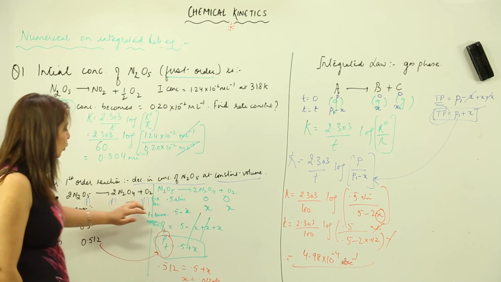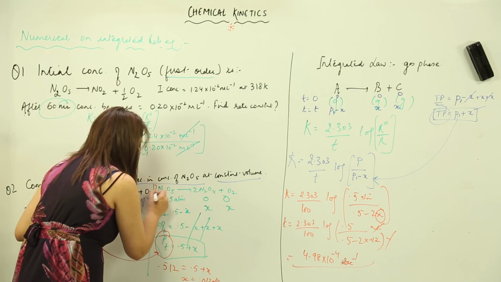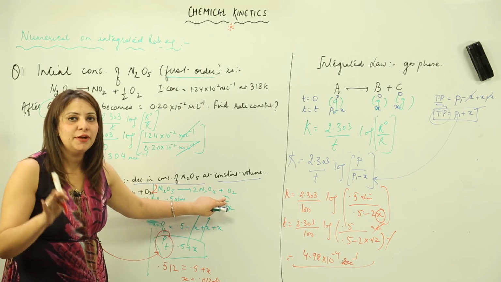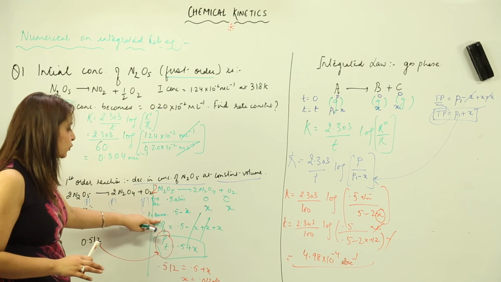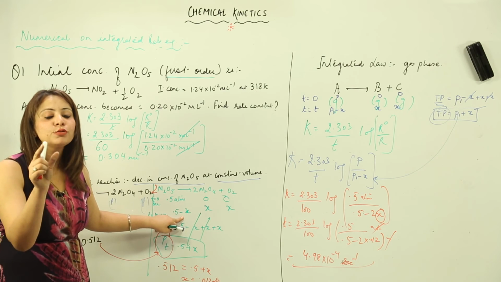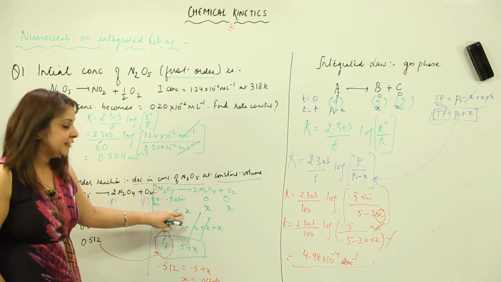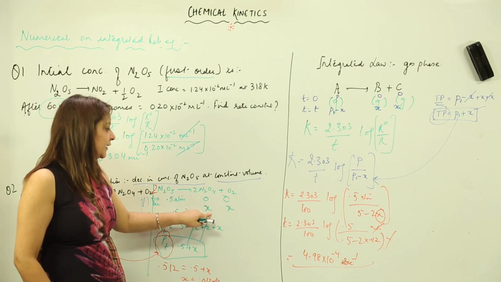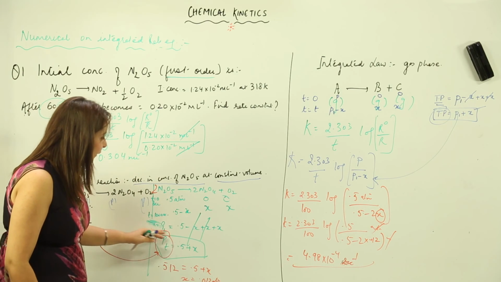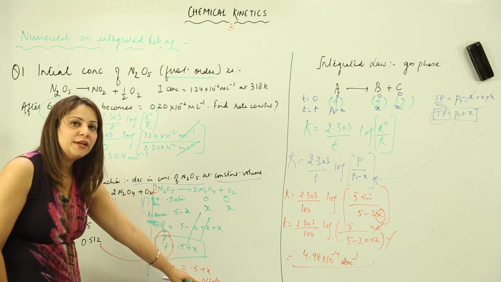What I did, I just wrote that when t is equal to 0, the pressure was merely due to the N2O5. We have this 2 moles. So it is 0.5 atmosphere, and the products were not formed, so we were taking the pressure as 0. But when the time increases to 100 seconds, this x gets subtracted from this. That means some amount of the pressure got reduced by x factor. So I wrote 0.5 minus x, because it gave rise to x moles of this and x moles of this. Then I just calculated the total pressure, and when I calculated, this just cancels out, and we came to know the value, that is 0.012.